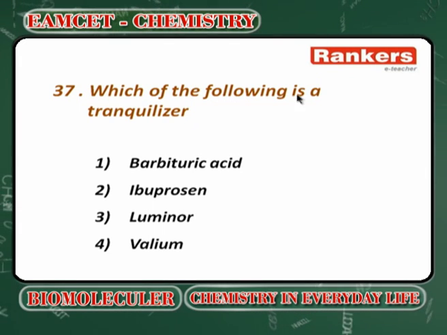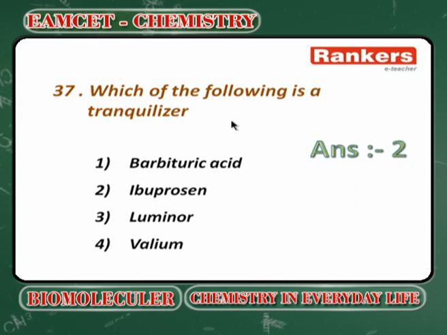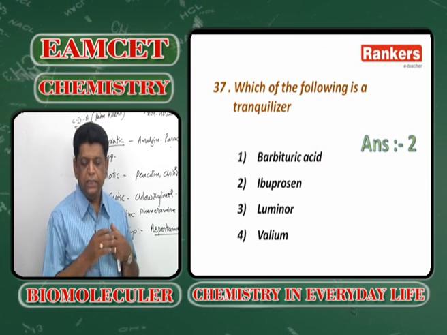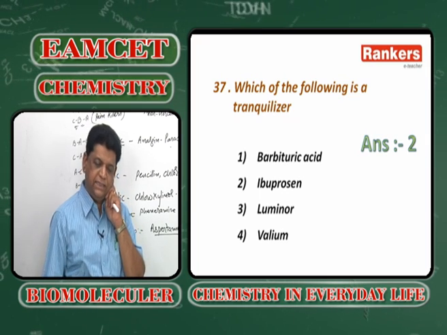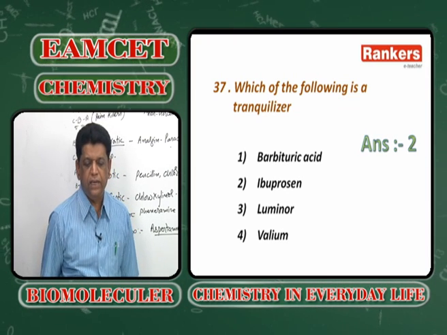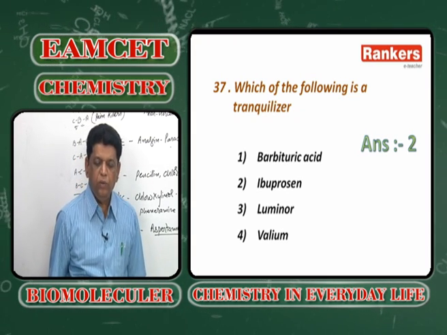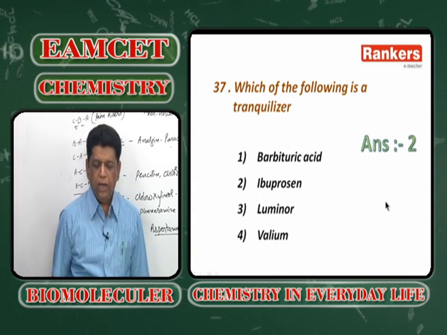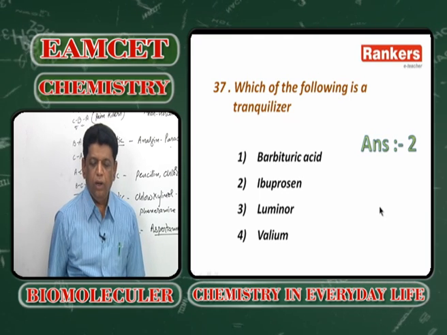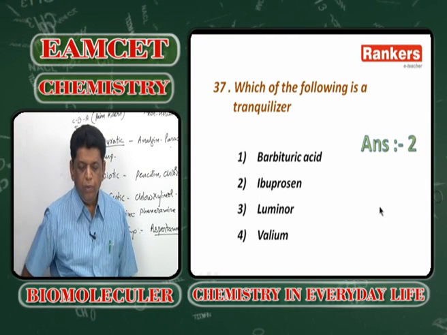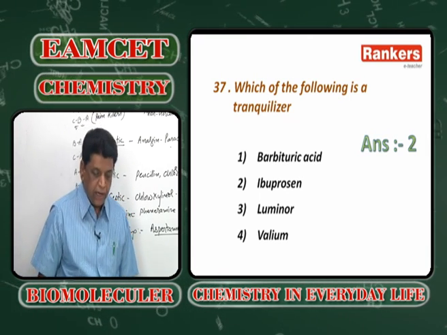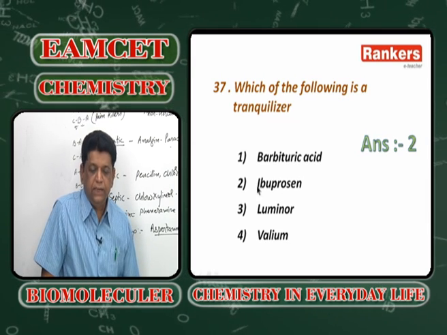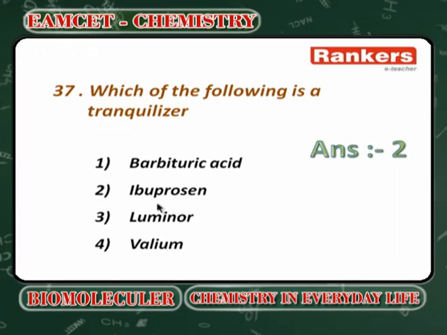which of the following is a tranquilizer? Tranquilizers act on the central nervous system, release some tension and you get relaxation. They badly affect the central nervous system, but temporarily you get relaxation. Barbituric acid derivatives, luminal, Valium and Seconal are tranquilizers. Ibuprofen is an analgesic drug. So the second answer is not a tranquilizer. Next,